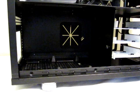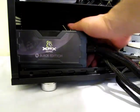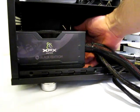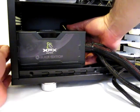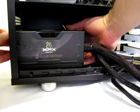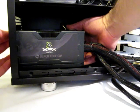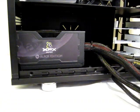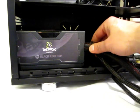First step of our installation process is going to be the power supply. Power supply will go into the power supply compartment. And it lines up pretty easily. Four screws in. Now you'll notice this particular power supply, the XFX, has all of your attached cables on this